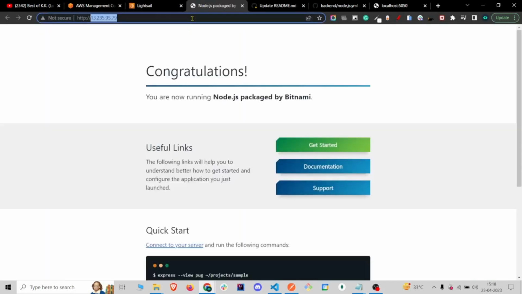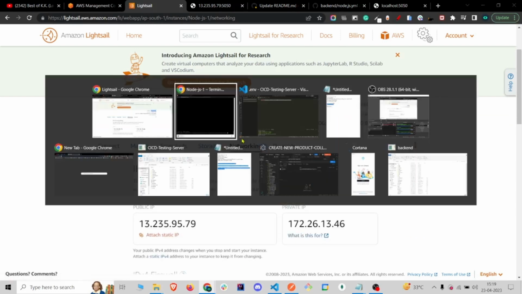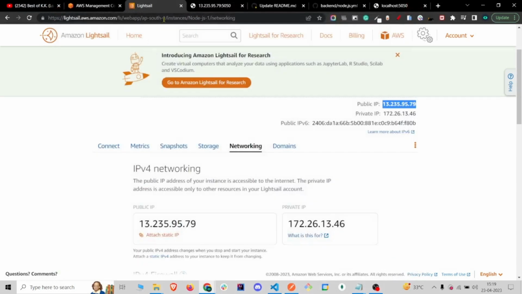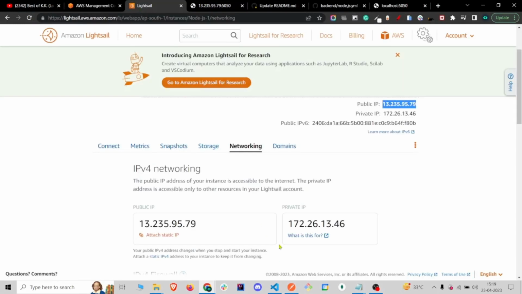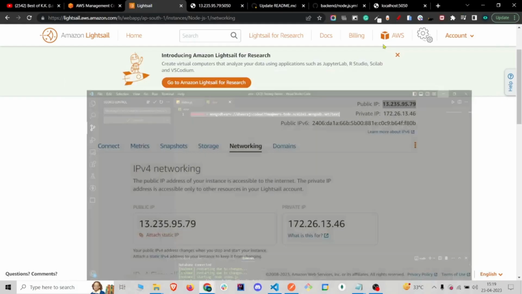Go to this, and you have to put the port number. In my case it is 5050. So yeah, now our server is running on this instance successfully. So now you have seen the CI/CD is implemented here. Now if I close this terminal and try to access this again, it is still accessible, but one more thing you have to do is